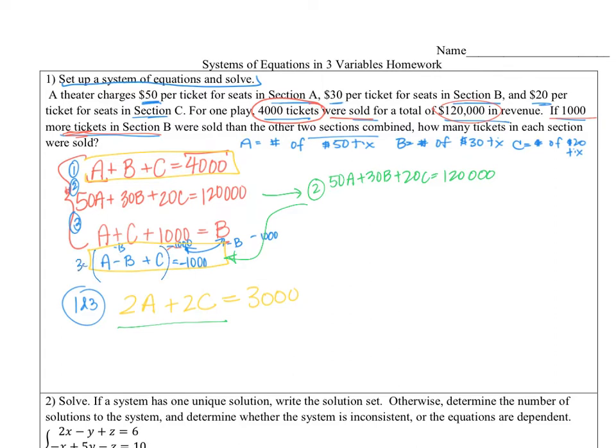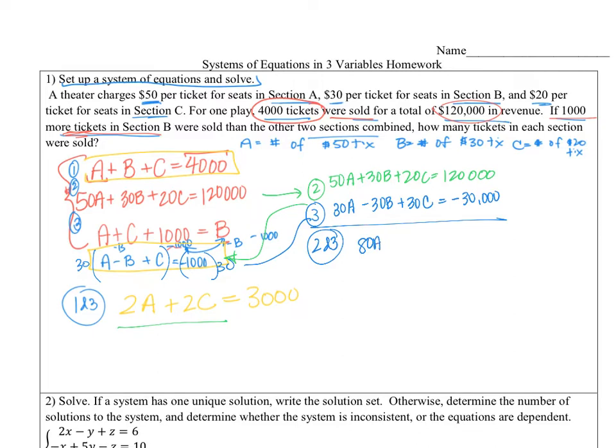If I multiply both sides by 30, that gets me equation 3 as 30A minus 30B plus 30C equals negative 30,000. And so together, equation 2 and 3 will now be 80A, the B's cancel, plus 50C